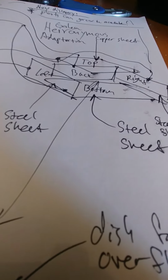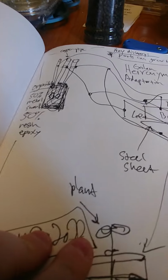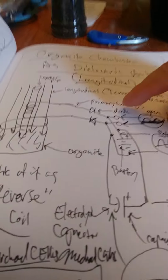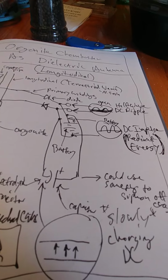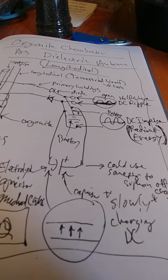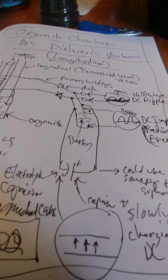And the top was made out of copper, and the other ones were made out of either steel or aluminum. So that was the setup, and that didn't work. So I've been doing some experiments, kind of with signals, out of the cloudbuster device, or the chembuster, the orgonite cloudbuster, and I'm thinking maybe just changing the signal might actually be the key to, I just had this thought recently, in the last couple of minutes. Maybe just changing the frequency, or not changing frequency, changing the signal